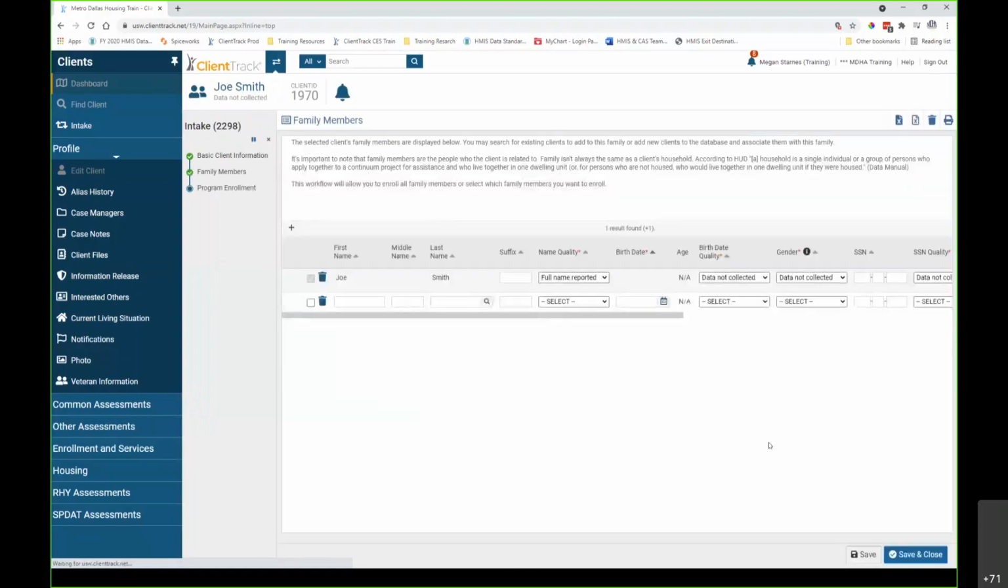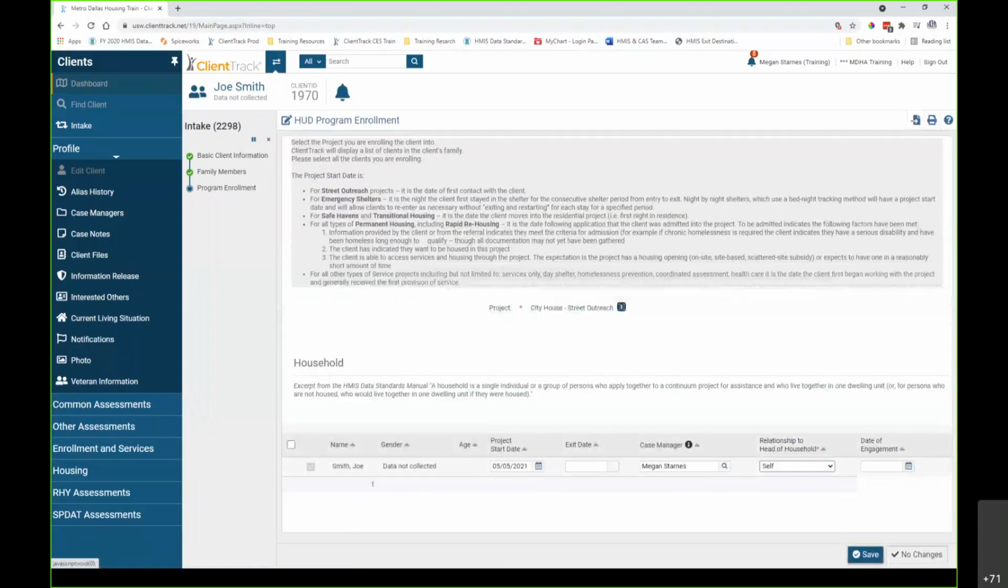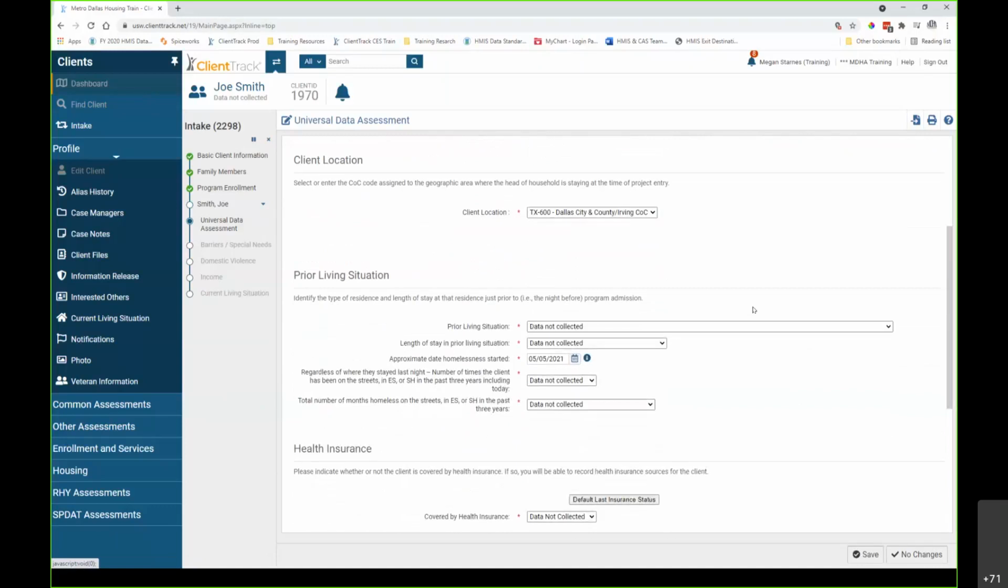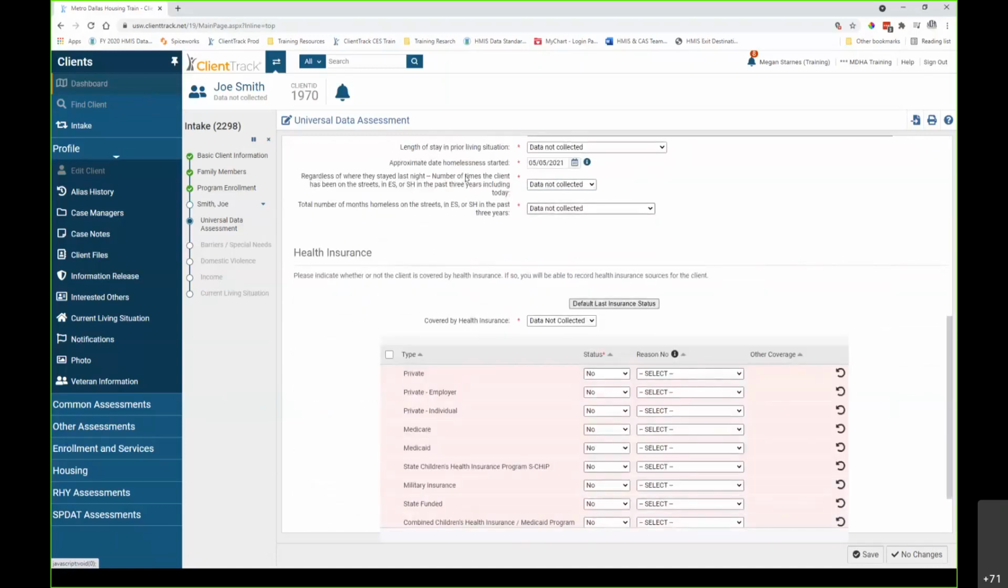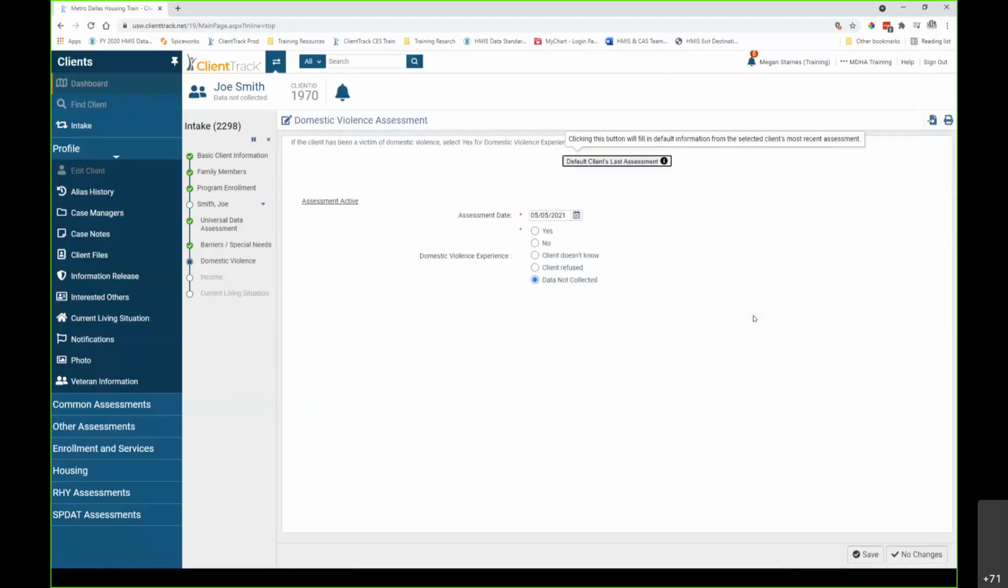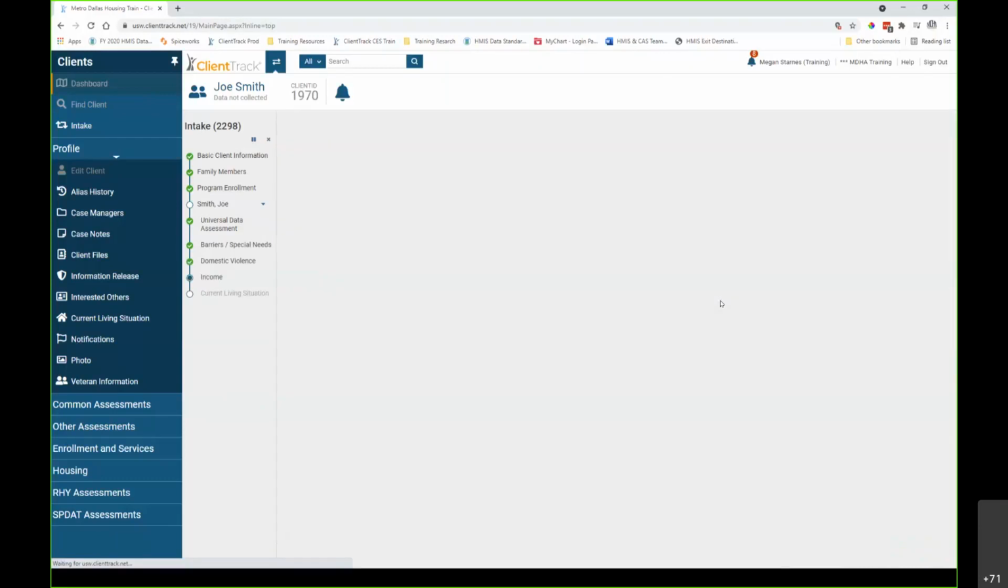I'm going to save and close on the family members page because I'm not going to record any family members. I'm still not going to record a date of engagement. Maybe I'm not doing a full intake with Joe, but he just gave me a little more information as I was talking to him, so I'm going to choose no changes there. Maybe we'll say we didn't get anything more about his universal data or barriers or domestic violence,